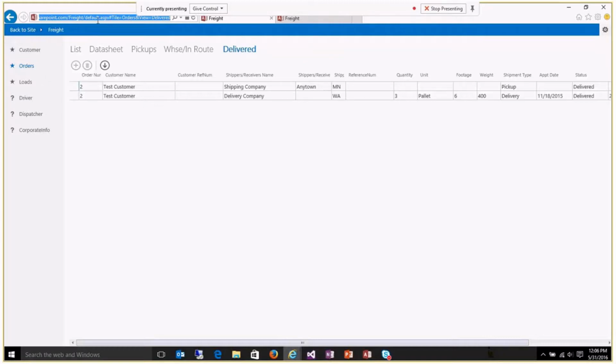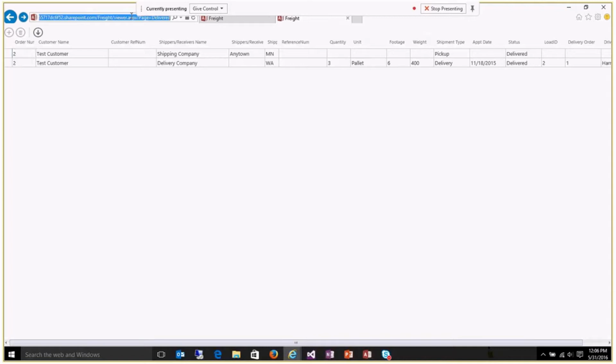If you, instead of doing the default ASPX, use the viewer ASPX, you can view the page directly in Access web apps,